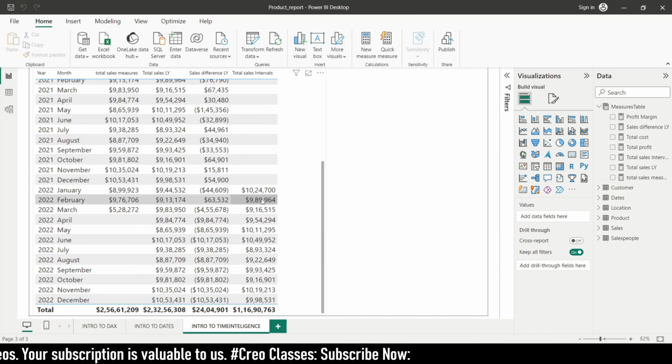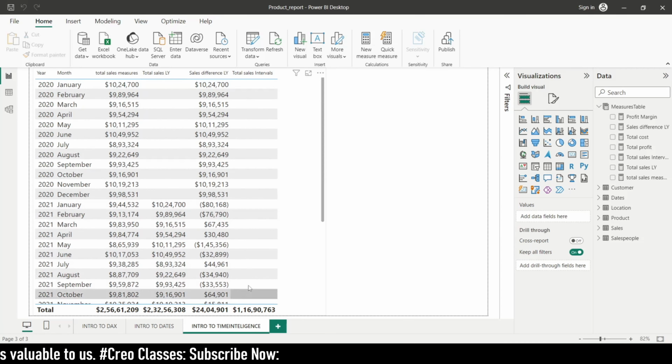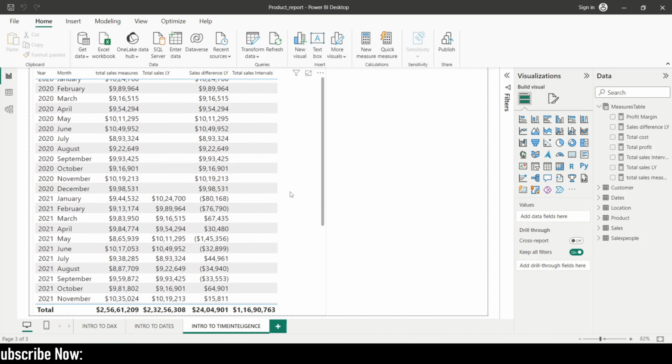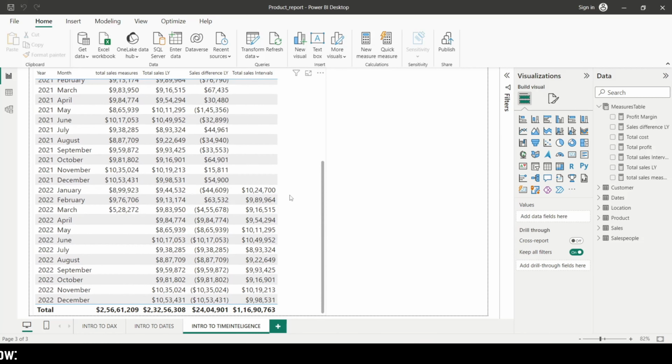And this is for all the months which has been mentioned here. Okay, so if you do not have enough data, you will be able to see the empty spaces here. Okay, so this is just a kind of practice Excel data. So if you need to practice with more data,